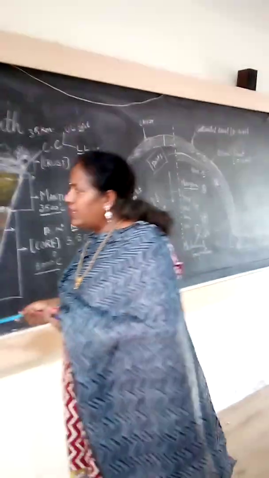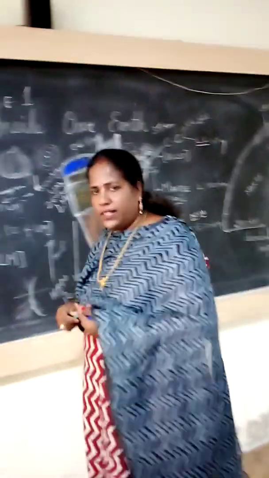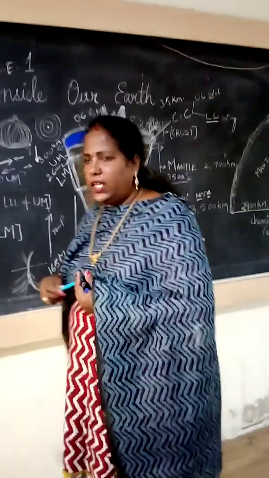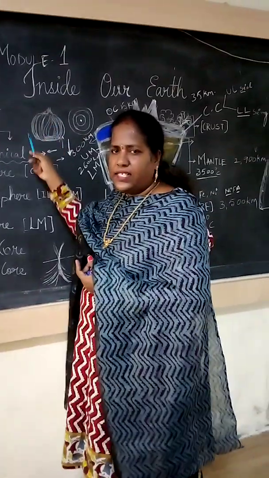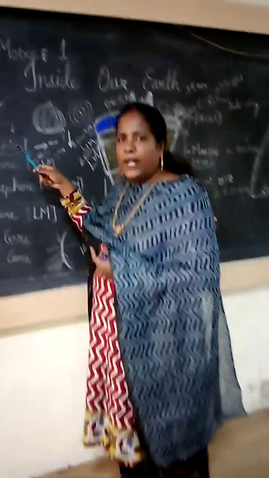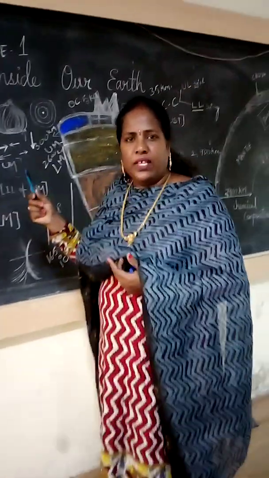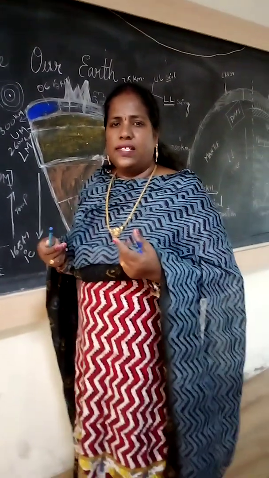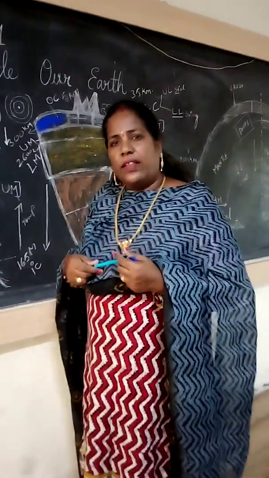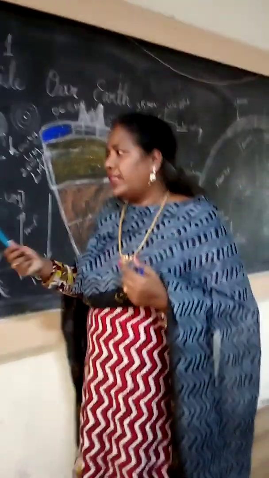Today, I am giving the task of the day. You cut an onion and see what layers are there. One more task I am also giving. Boil the egg and see how many layers are there in the egg also. How can you compare those layers with these layers? Based on the thickness, based on the volume.